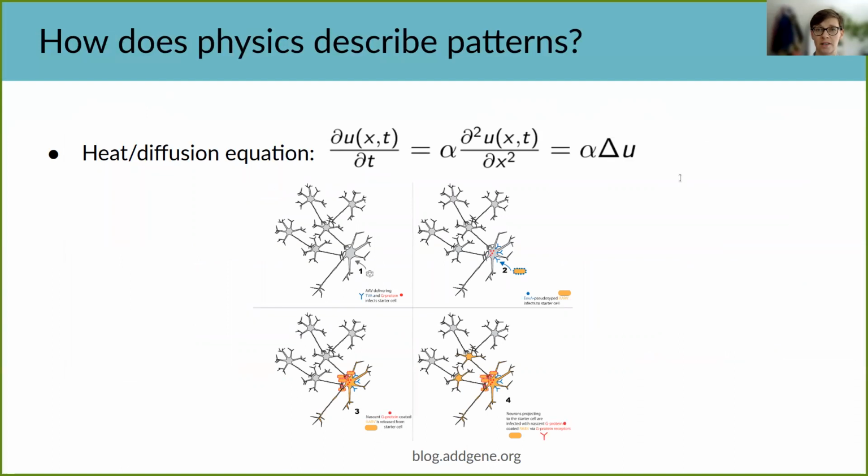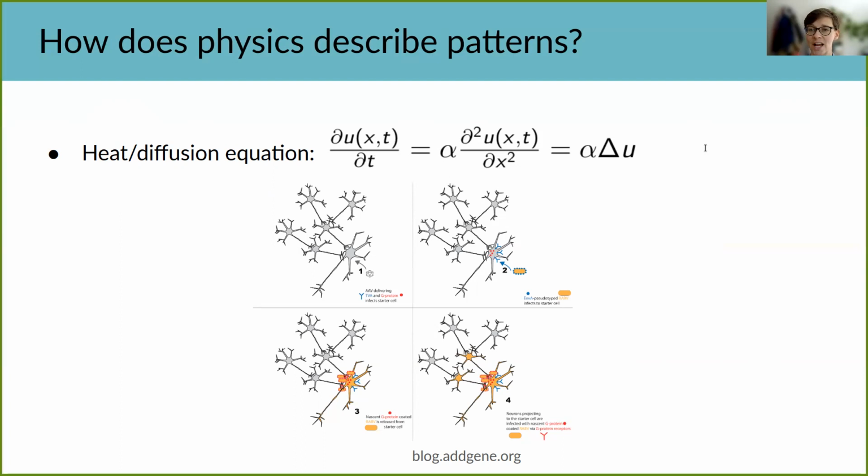Let's start with something very simple, or seemingly simple, that is diffusion. Or the heat equation, which is the same. So diffusion is a process in space and time, which you can see from the fact that this function u is a function of space x and time t, and there are derivatives of both on opposite sides of this equation. And for time, we have the first derivative,